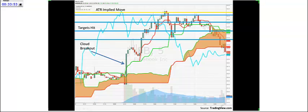Okay? It's trending. So it broke the cloud to the upside. I know from calculations that I'm going to teach you guys in the workshop that Facebook's average daily range is around $2.10. And I'm going to teach you how you can just take out an Excel spreadsheet, so easy and simple, and figure out what the institutions are doing when the stock opens. From open to close,